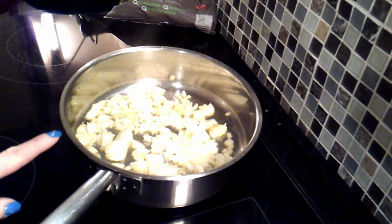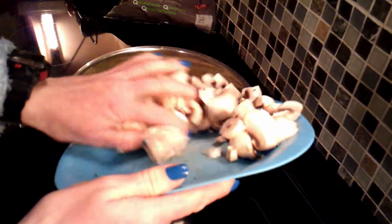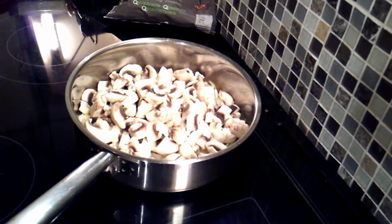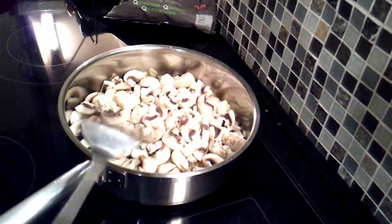Whilst that's softening off, what I want you to do as well is to wash and chop 400 grams of mushrooms. So I'm just going to put mine in now. Okay. Whilst these are softening and just mixing a little bit with the onion juice,